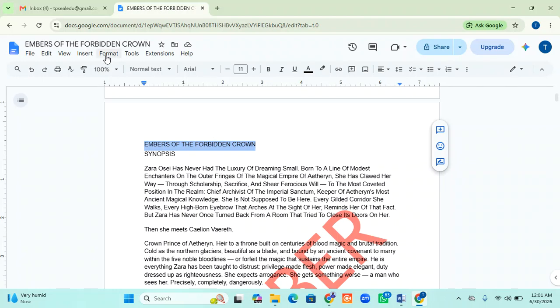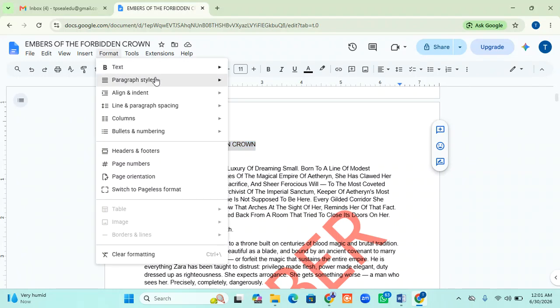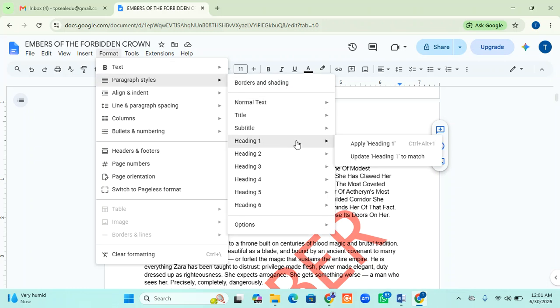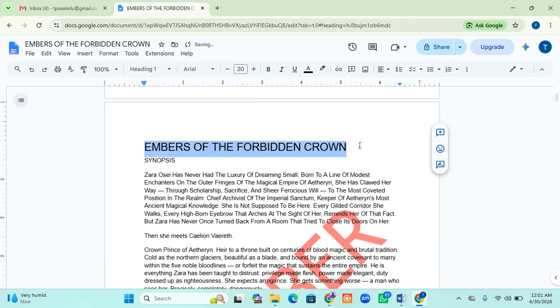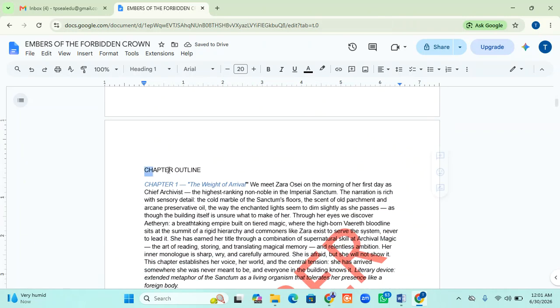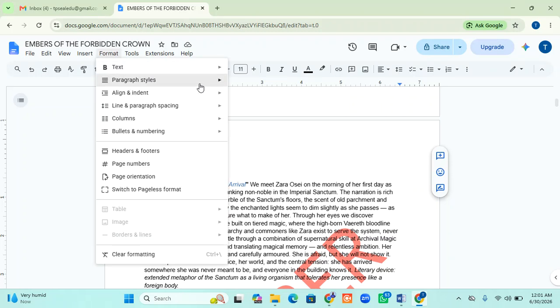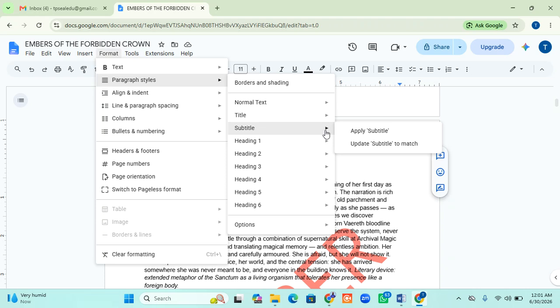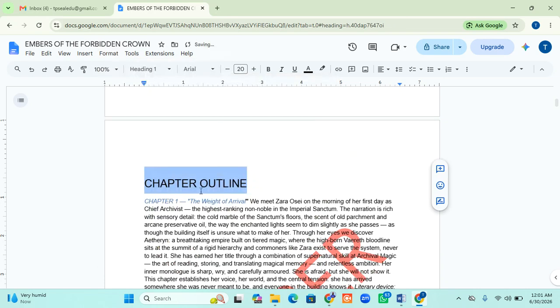So you highlight it, then you go to Format, go to Paragraph styles, then click on Heading 1. Click Apply Heading 1. Let's choose another one, so let's choose the chapter outline again. Then click on Format, Paragraph styles, click on Heading 1. So you do that for every one of the subtitles or chapters or subchapters that you want to see in